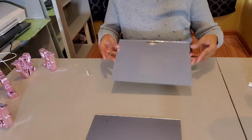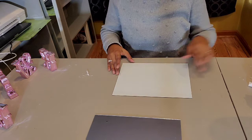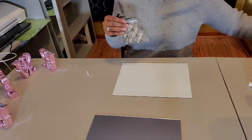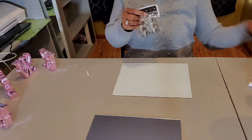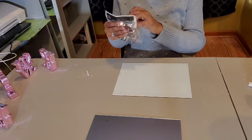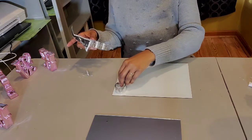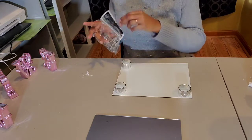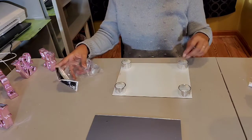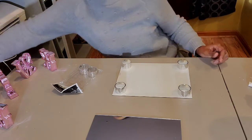Hi, so we're going to start with our Dollar Tree mirror. We've already cleaned it, and we're going to turn it over, and we're going to take our napkin rings from Dollar Tree. They come 6 in a pack, and we're going to use 4 of these today. So we're going to take our napkin rings and we're just going to place them on the back of our mirror, and we're going to attach those using our